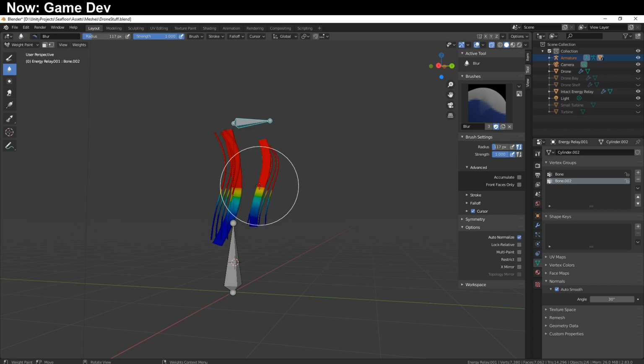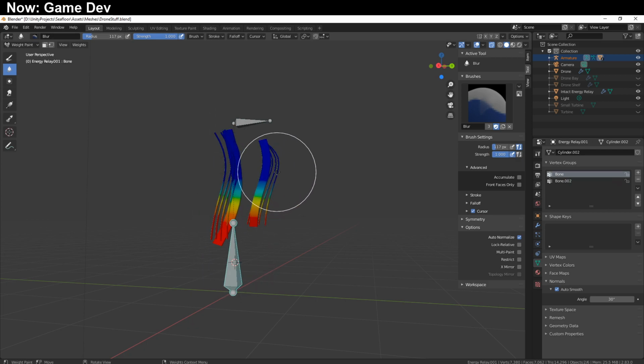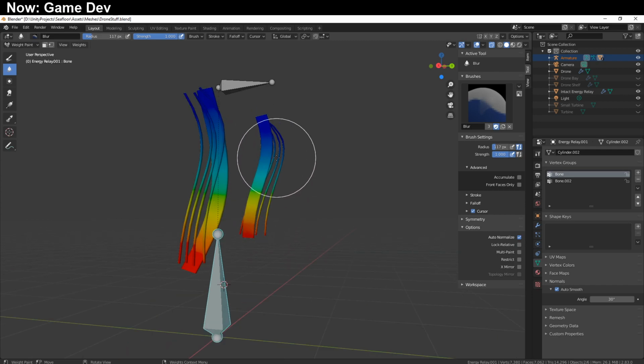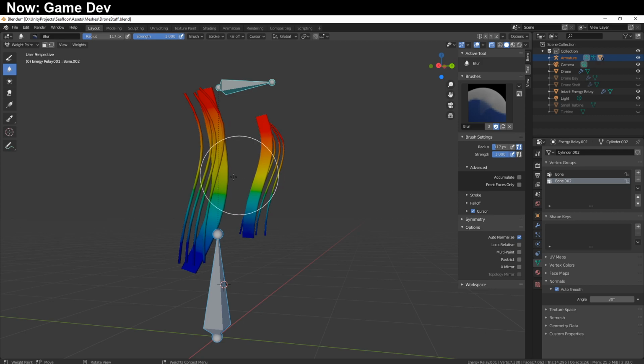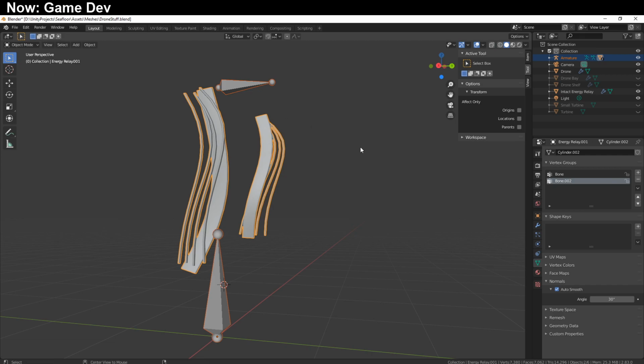For some reason, it's only blurring in one direction, so we'll just tell it to blur in both directions, right? That seems pretty good. So now we will get out of weight paint mode, and then we will unhide everything,